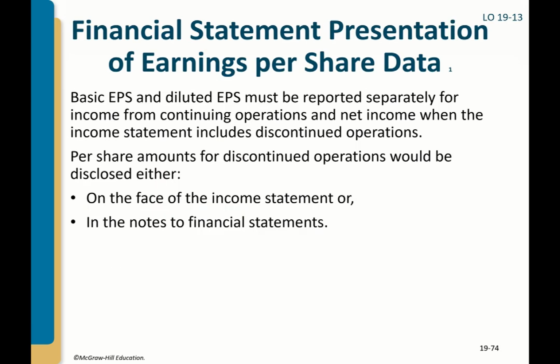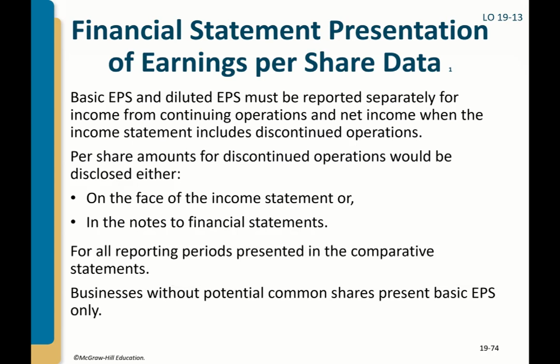Financial statement presentation of earnings per share data. Basic earnings per share and diluted earnings per share must be reported separately for income from continuing operations and net income when the income statement includes discontinued operations. Per share amounts for discontinued operations will be disclosed either on the face of the income statement or in the notes to financial statements. For all reporting periods presented in the comparative statements, business without potential common shares present basic